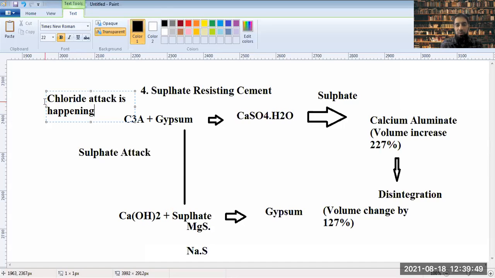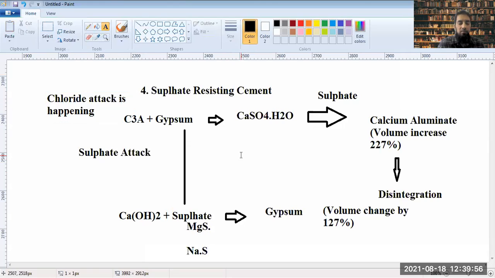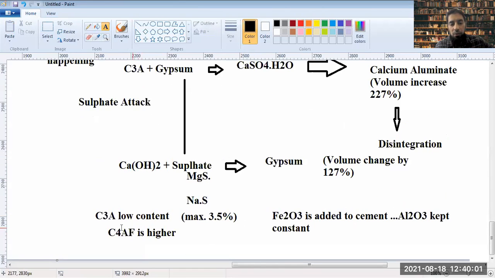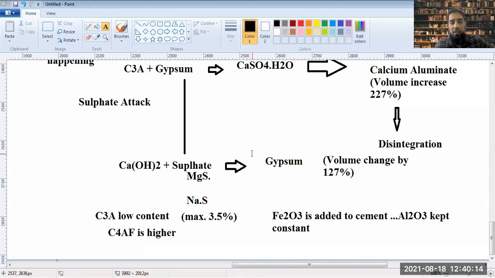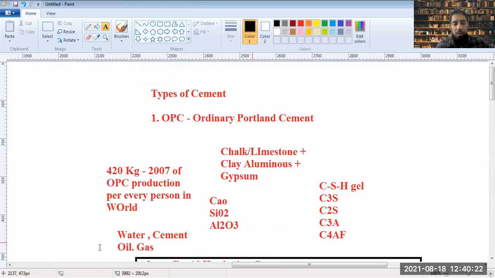The lower C3A content would actually aid the chloride attack of the concrete, and because we are increasing the amount of ferric oxide, so the iron content is increasing, chloride attack on the iron oxides may happen, which will accelerate the corrosion of steel if steel is inside the cement concrete. And that is something you must have seen everywhere, steel is present within the cement concrete. So I'll stop here. If anybody has any